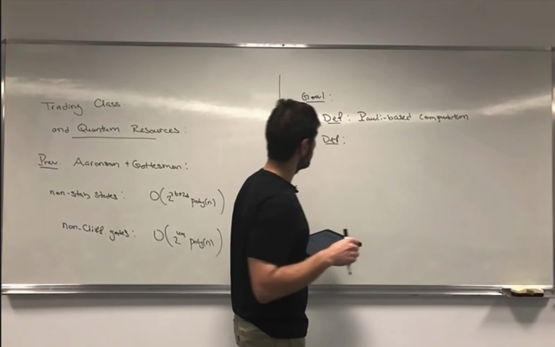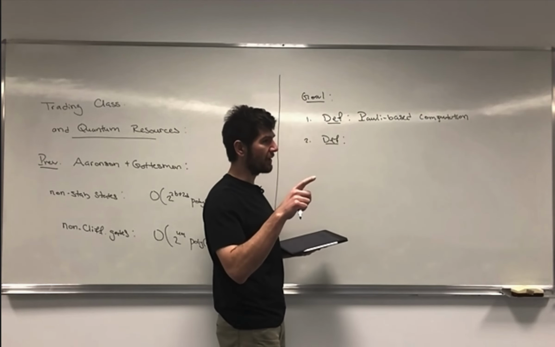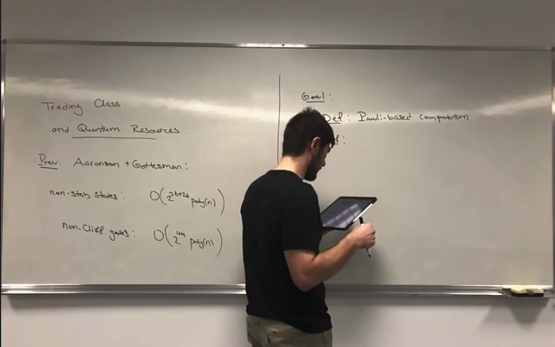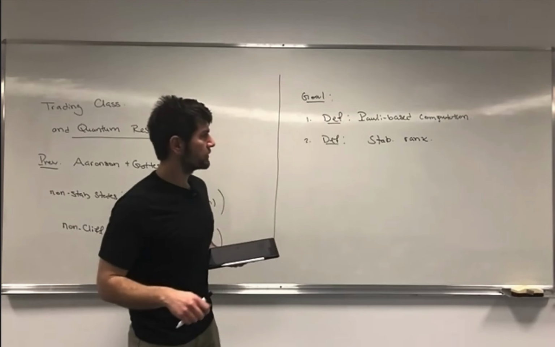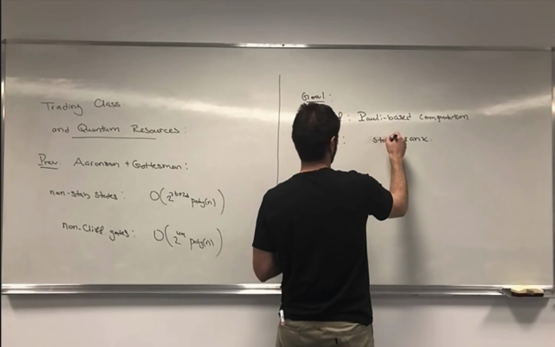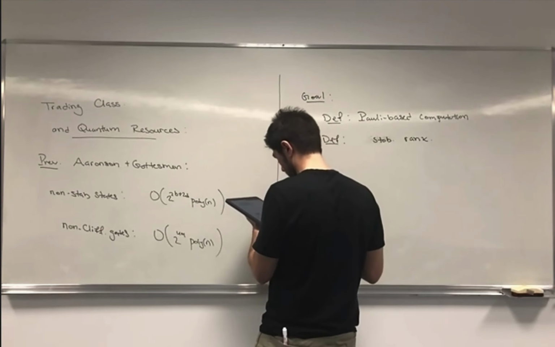The minimum number of terms in this expansion is known as the stabilizer rank. So they define this notion of a stabilizer rank. They compute a particular stabilizer rank for a particular magic state and show how that leads to, and I can actually say this here,